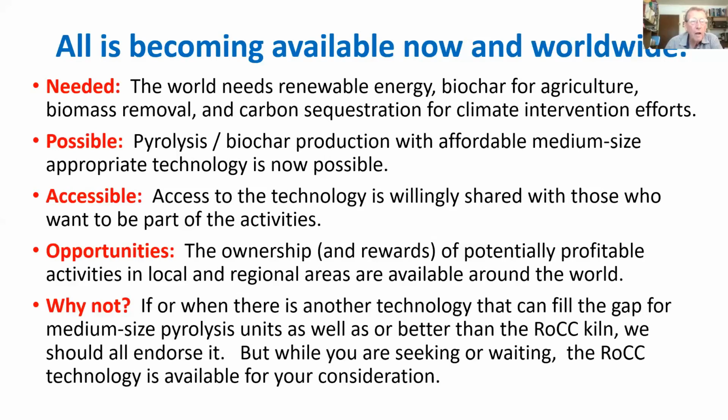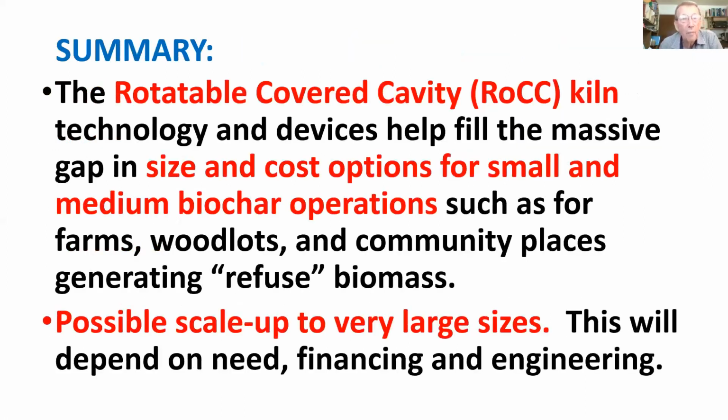Concluding in here, if or when there is another technology that can fill the gap for medium-sized pyrolysis units, as well as or better than the rock kiln, we should all endorse it, and I will also. But while you're seeking or waiting, the rock kiln technology is available for your consideration. I'm making it available, and then it will become something for you people to do. Summary is, it fills the gap, it makes the char, many different places and uses, possible scales, very large sizes,